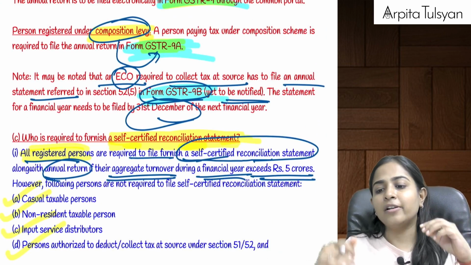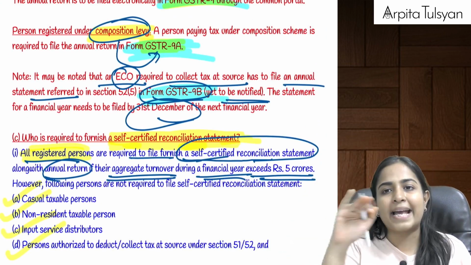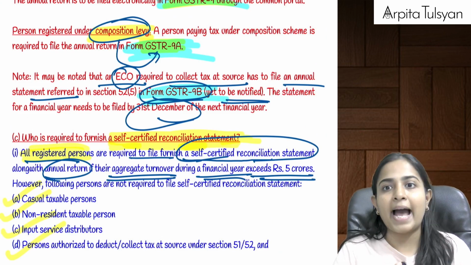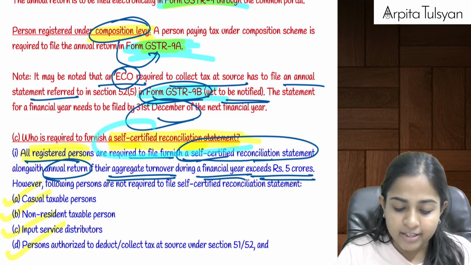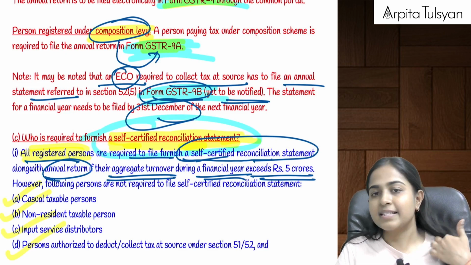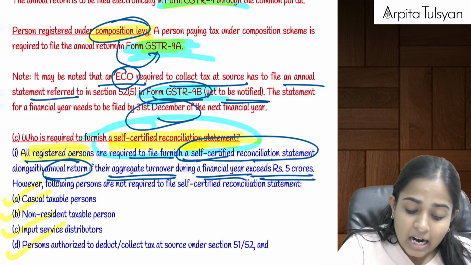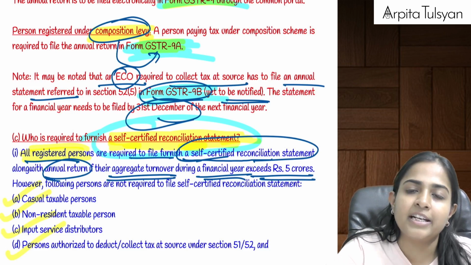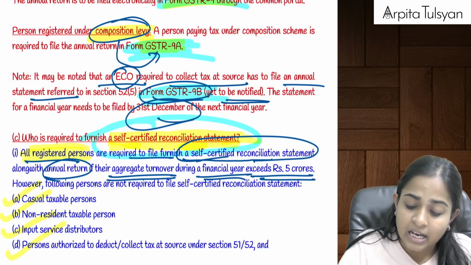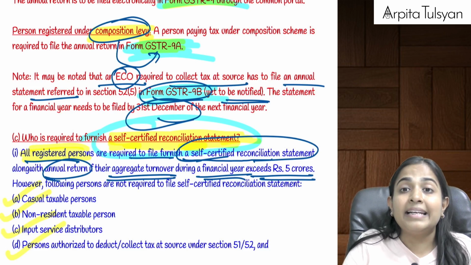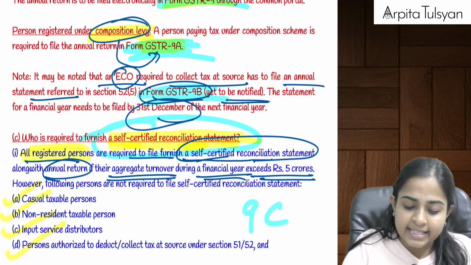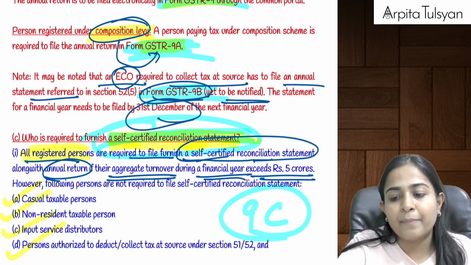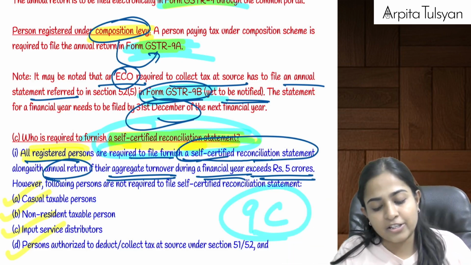Okay, so annual return is basically applicable to all these persons except for 6 persons. And along with the annual return, some persons are required to submit a self-certified reconciliation statement in form number GSTR 9C. Okay, in 9C form, they are required to furnish this self-certified reconciliation statement, but this self-certified reconciliation statement is